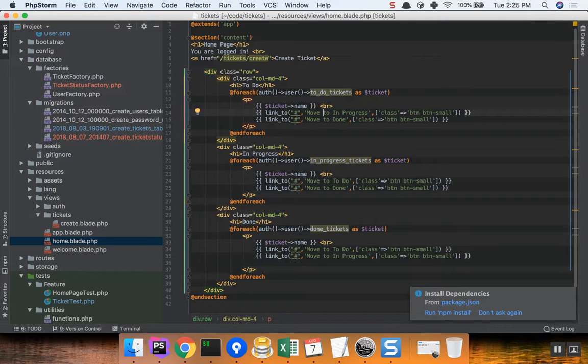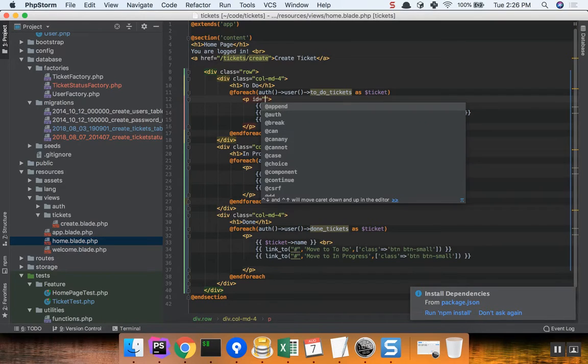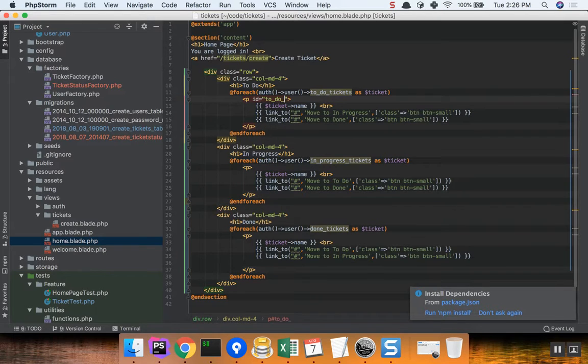One way that we might do this is to have an ID attached to each of these rows, I guess, for lack of a better term. And here's what I mean by that. Here's a quick and easy way that we could set up testing on this: to say that the ID of our paragraph for each ticket is going to be to do ticket ID. And now here, it'll be in progress. And here it will be